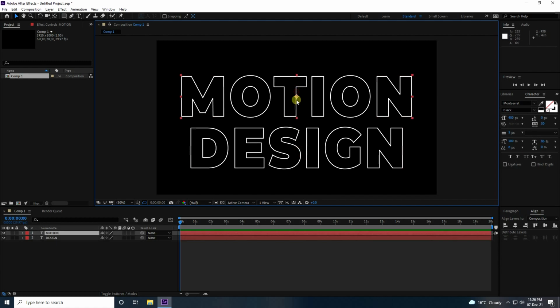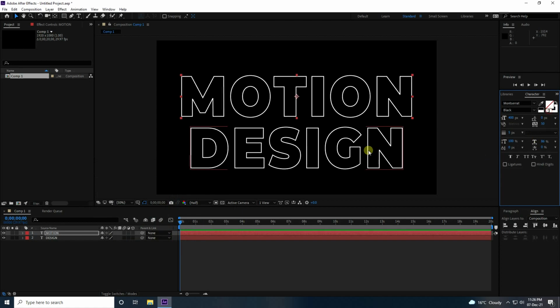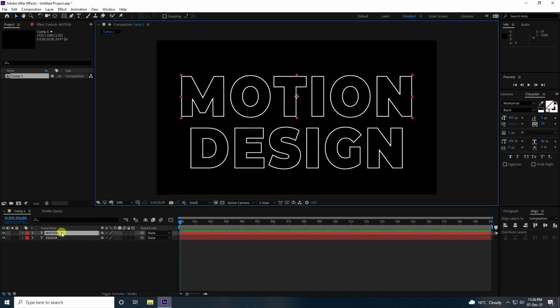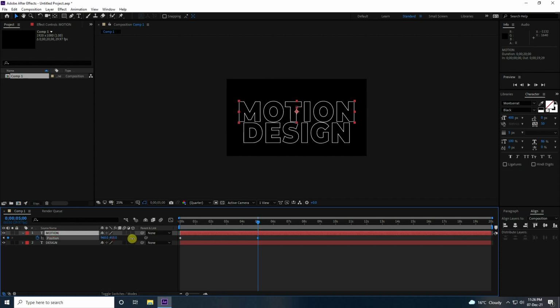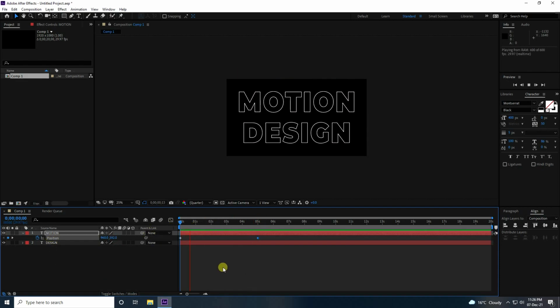You can also change this pattern. That's my effect, and I like this one. That's my stroke effect. Now I create the position animation. Select this motion layer and press P for position, and go to 5 seconds. Change the position by moving it up. Simple. Then go back and play.